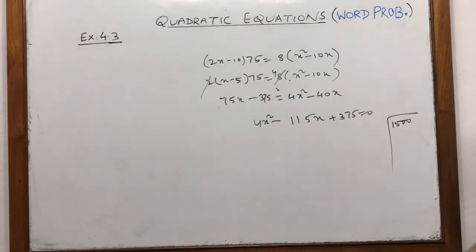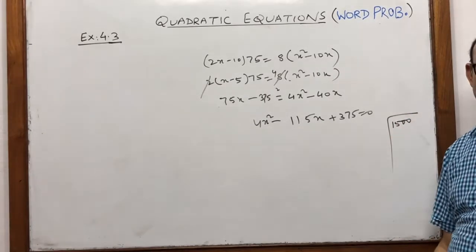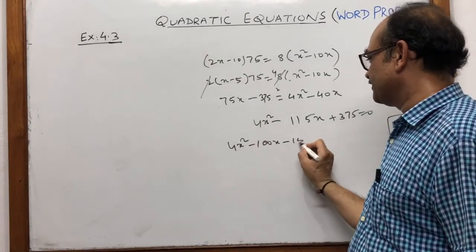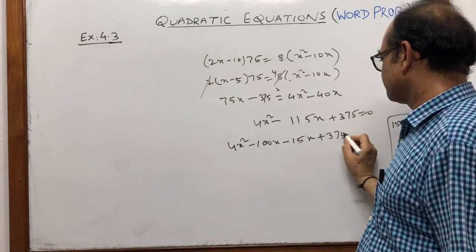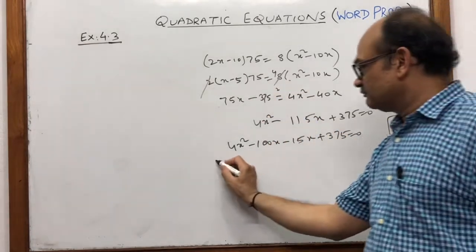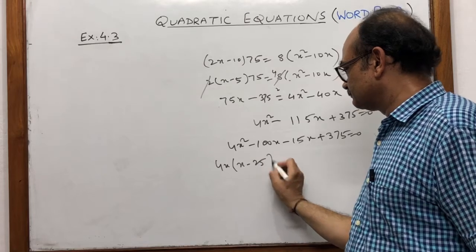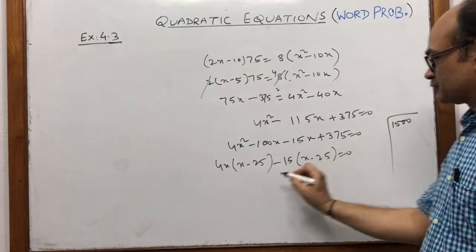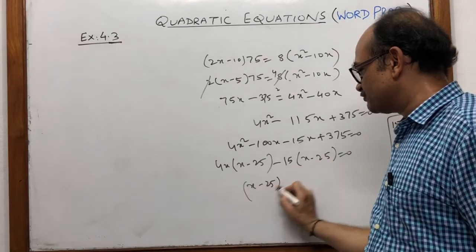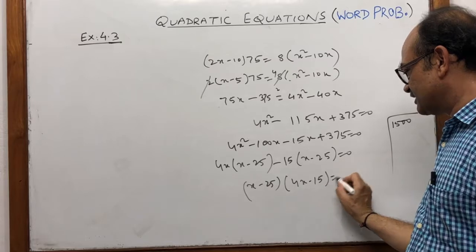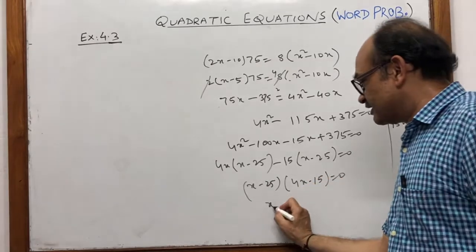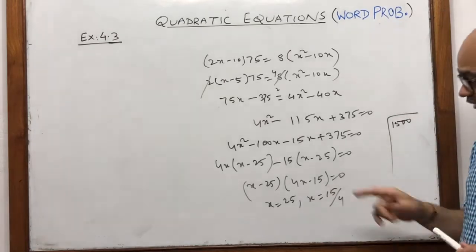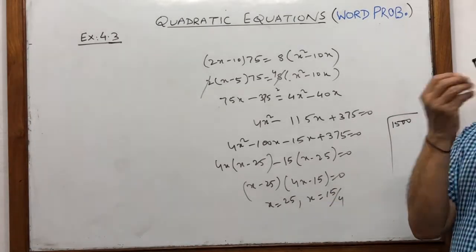Now factorize 1500 such that you will get simple 4x square minus 115x. How simple? 4 common, x common, 15 common. So x minus 25 is the first factor and 4x minus 15 is the second factor. What we are getting as answer: 25 or 15 by 4. If x is 15 by 4, that is 3 point something,